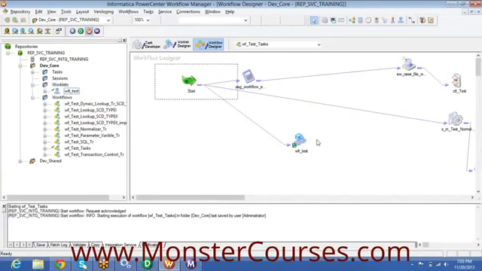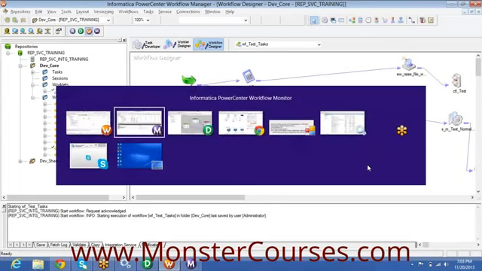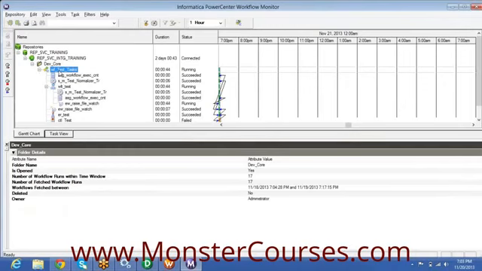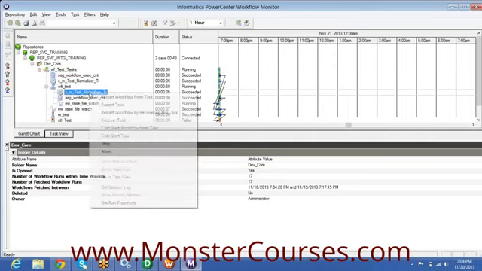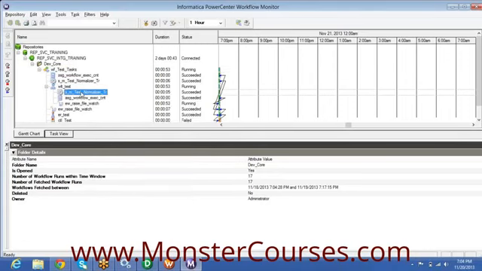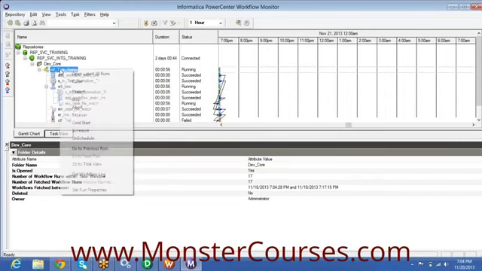If this particular workflow was executed at least once, you can get that execution in the workflow monitor. You can go to the workflow monitor, go to the worklet, right click this particular task and then start. You got it, right? You can get the previous runs also in the workflow. Right click here, open latest 20 runs, and it will give you the previous runs.